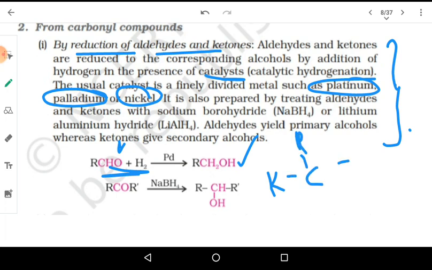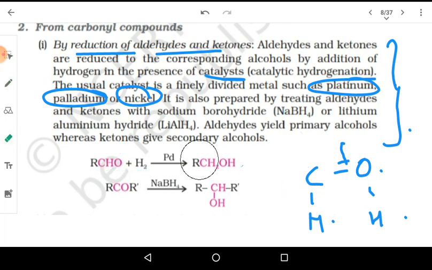CH and a double bond O. So now this bond is breaking. Onto this side one hydrogen will come and attach, onto this side also one hydrogen will come and attach. So we are getting RCH2OH. This is hydrogenation, addition of hydrogen. It is an addition reaction. For carrying out this reaction, the catalysts are important: platinum, palladium and nickel. These should be finely divided catalysts so that maximum surface area is there and the reaction can be carried out easily. Now we have some reagents here.